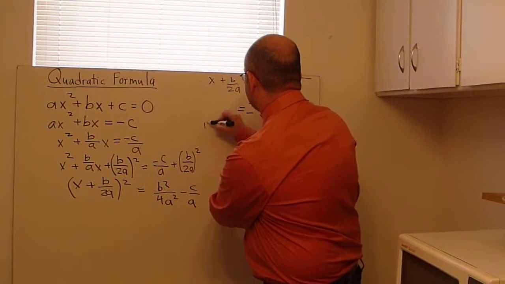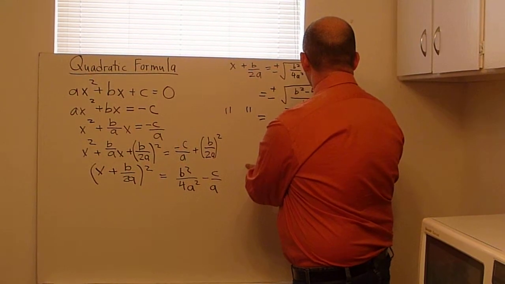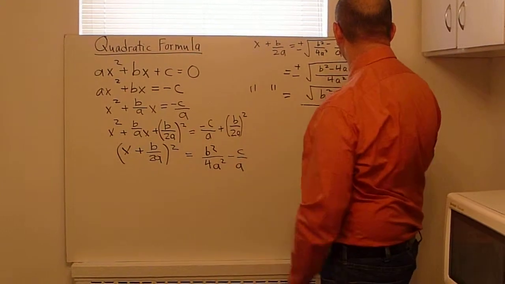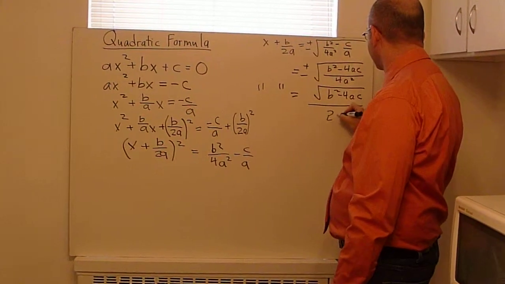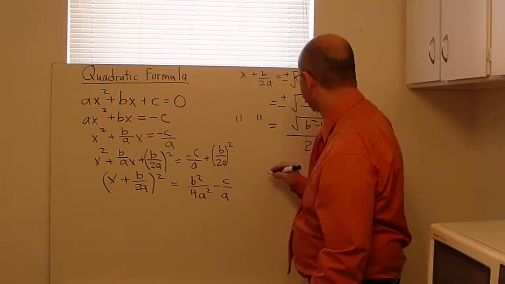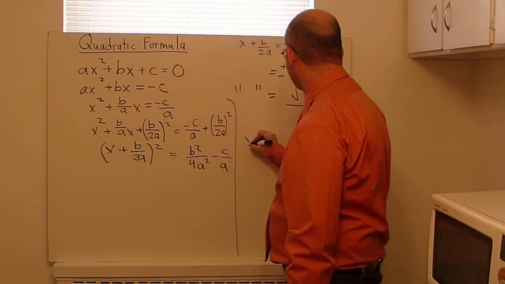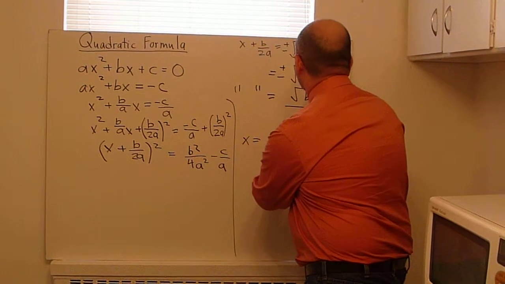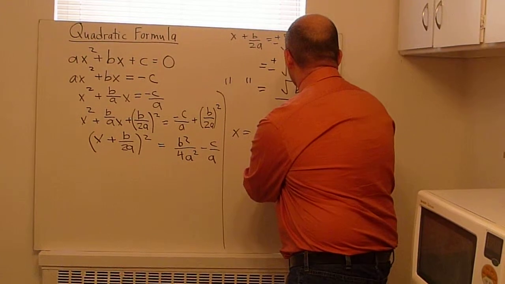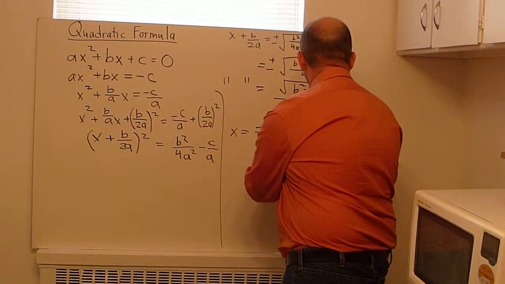So we'll have this thing coming down, and this is b squared minus 4ac, and since we're pulling this out of the root, 4a squared becomes 2a. Now all we have to do is move this guy over to the other side. So we do that. That gives us x equals negative b over 2a plus or minus the square root of b squared minus 4ac